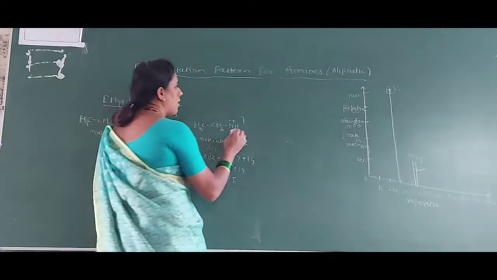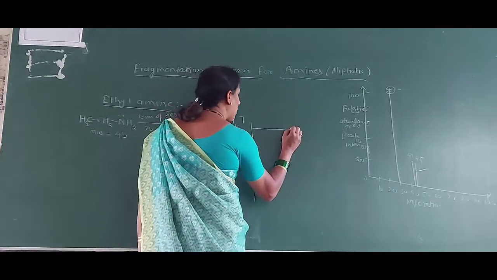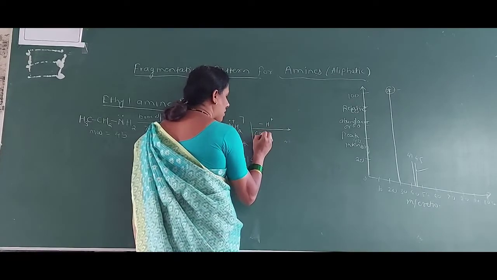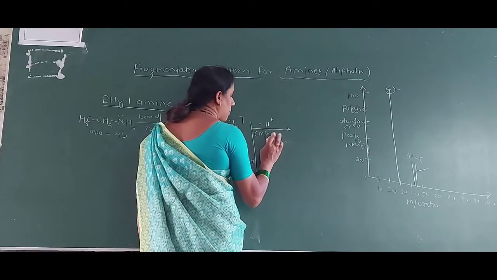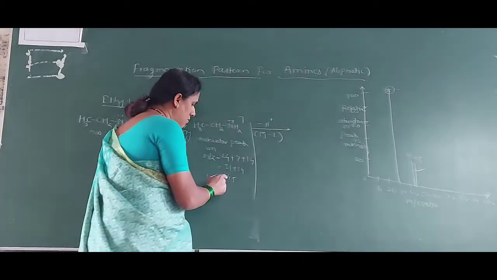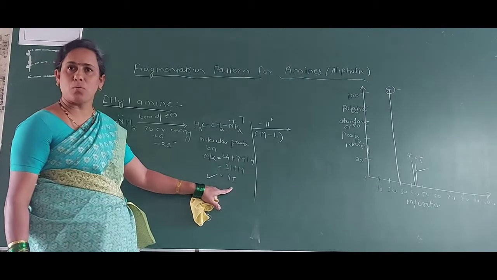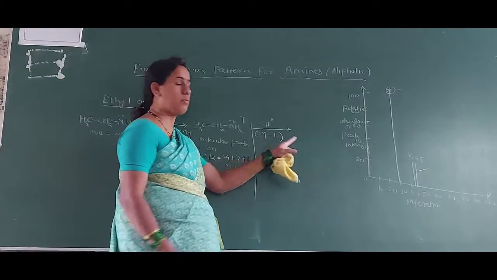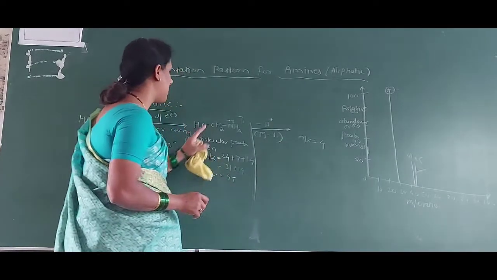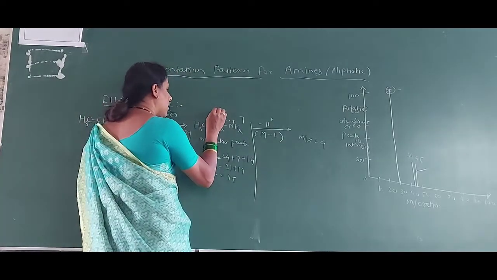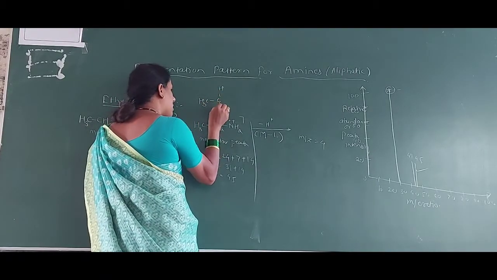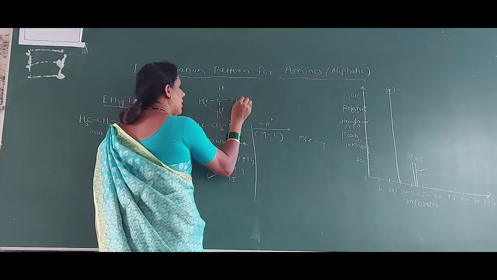But when you have to remove only one proton, at that time you have to use these types of compounds. So again here the first fragmentation is like this, minus H plus, okay, and that is m by z equal to M minus 1. M minus 1 means what? 45 minus 1 equal to what? Remaining 44. The m by z ratio is equal to 44. Now what is the remaining? Here we have to draw the structure as like this: CH, CH, NH2.